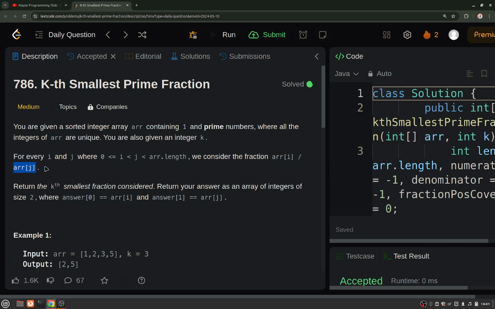You have to return the kth smallest fraction